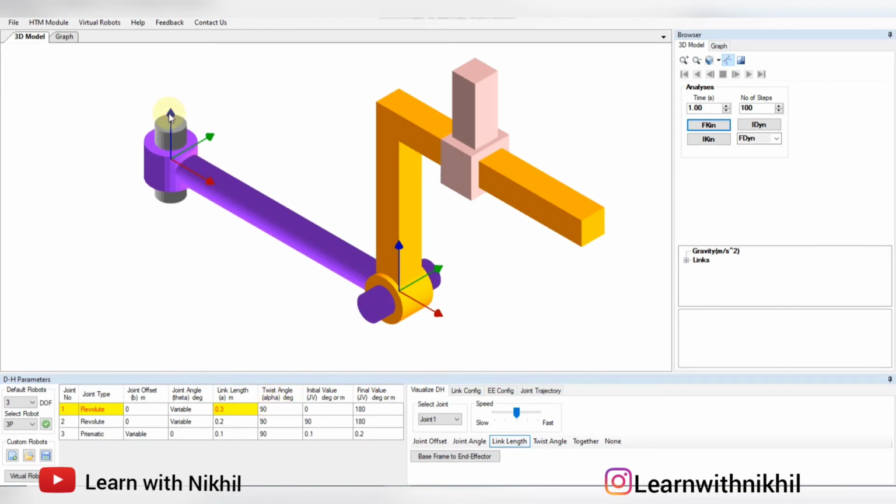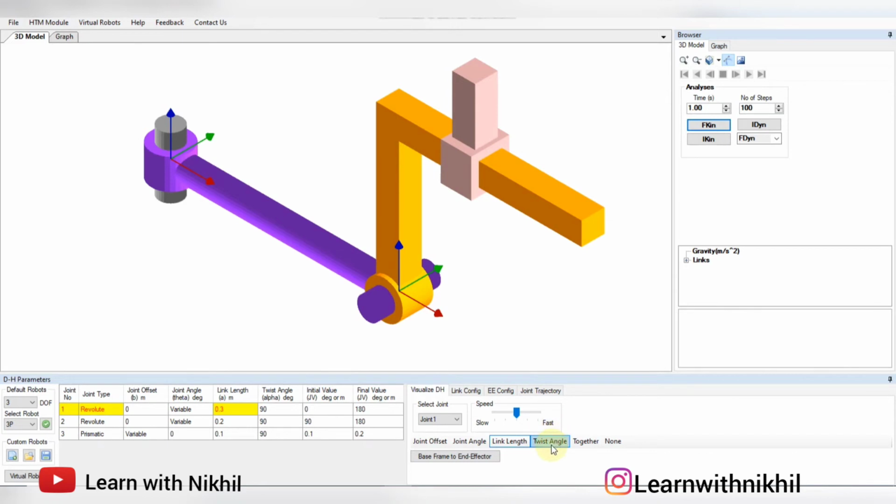So now this coordinate, as you can see, the same coordinate has arrived here. Now the z-axis is pointing upward, but as you know, the z-axis should always come out of this. So this will rotate about the z-axis. For a rotary joint, the z-axis is always coming outward and it rotates about the z-axis. Now to make the z-axis come outward from this, you have to rotate along this line.